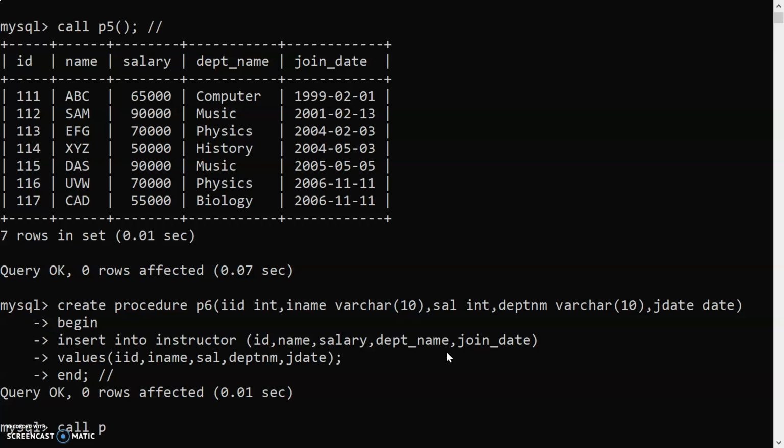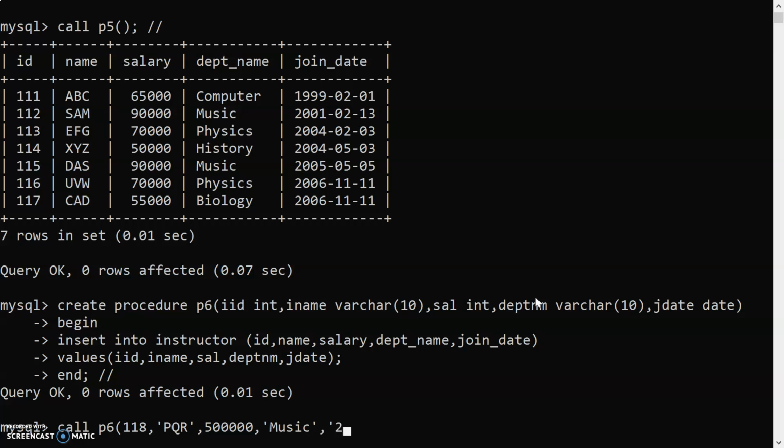Now I will call that procedure. Whenever we call that procedure, we need to pass parameters, because while creating the procedure we have taken parameters. All are in parameters. So here I will insert actual values: 118, then name PQR, then salary, then DEPT name, join date.